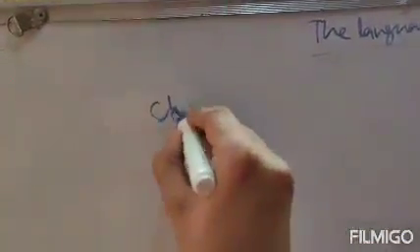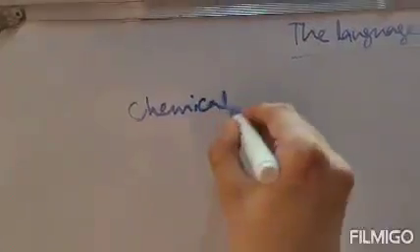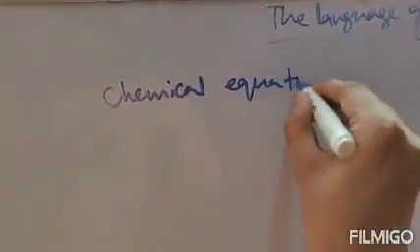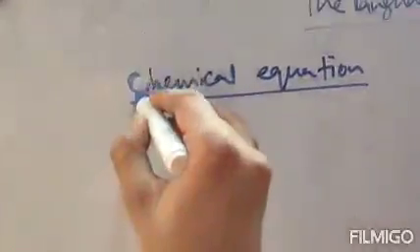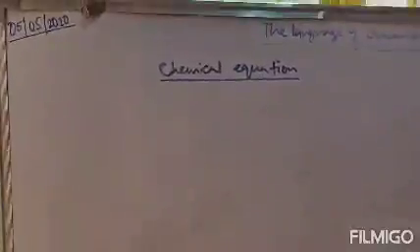Let me get straight to the subject. Today our main topic is chemical equation. We will study what a chemical equation is and how to balance a chemical equation, and some two or three problems from molecular weight. Clear? Because in the previous lesson I have completed how to calculate molecular weight, what the percentage composition is, and how to calculate percentage composition. So the chapter will be complete.